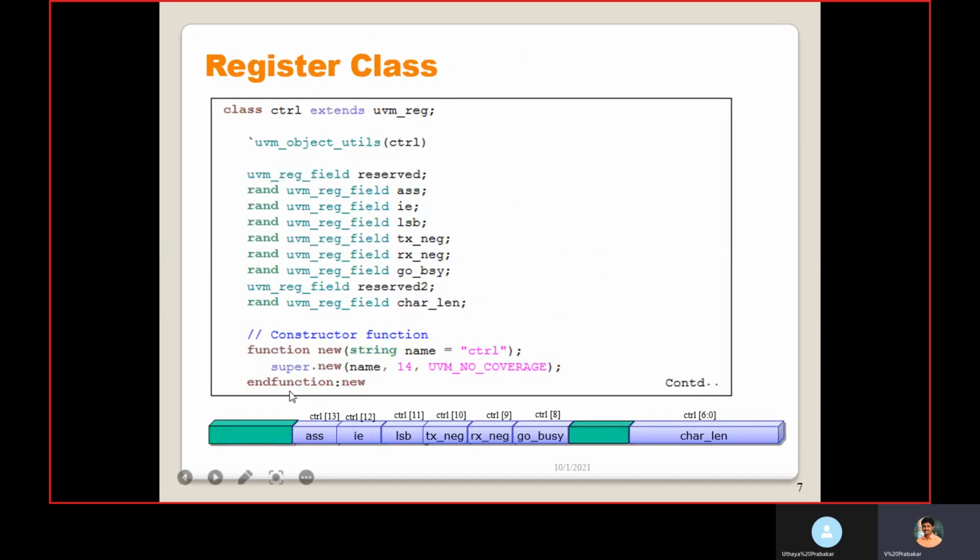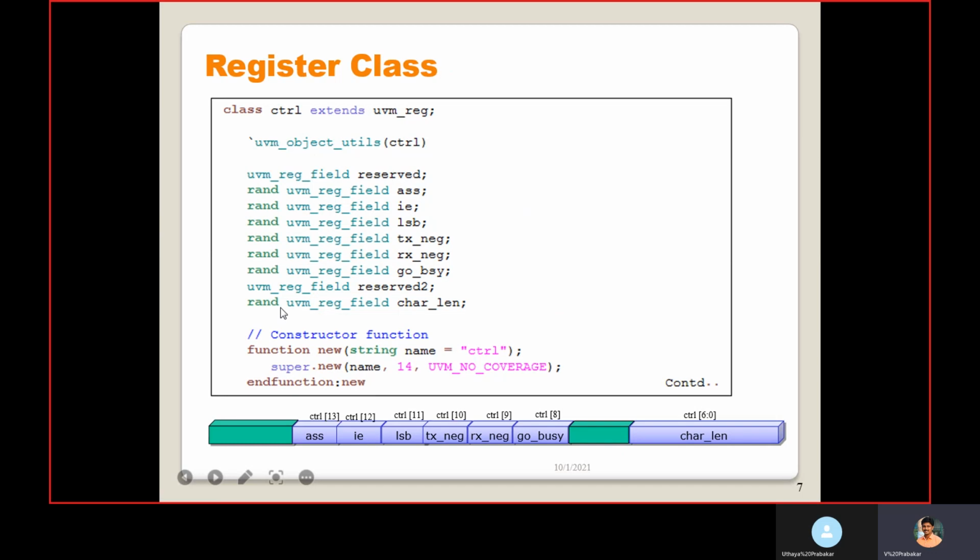So here it is reserved, then ASS, IE, LSB, TX_NEG, RX_NEG, GO_BSY, then this reserved too. Except reserved, everything is declared as rand because we are supposed to randomize the values of these fields.